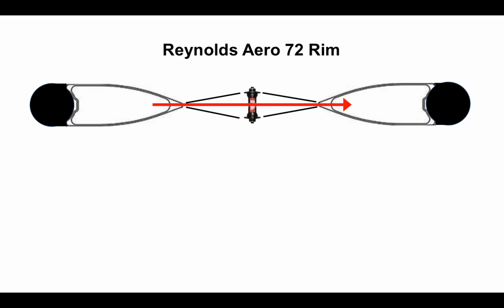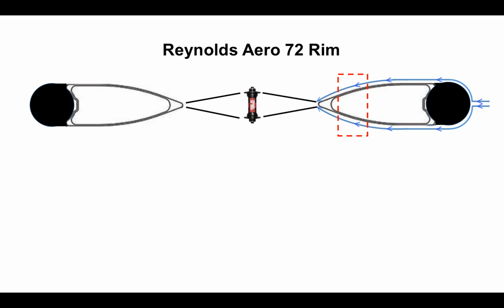Here is my wheel with tires installed and moving and spinning toward the right. The air comes up to the tire, passes around the tire. The aerodynamic shape of the rim ensures that the air will stay attached. Because the air stays attached, we get a little bit of a bonus, and we'll look inside this box here